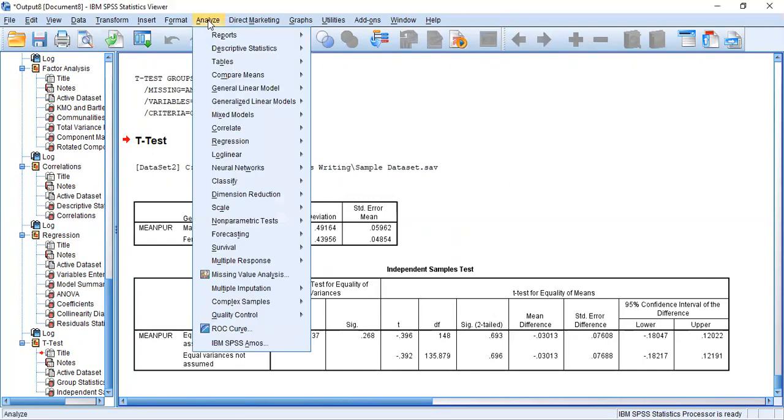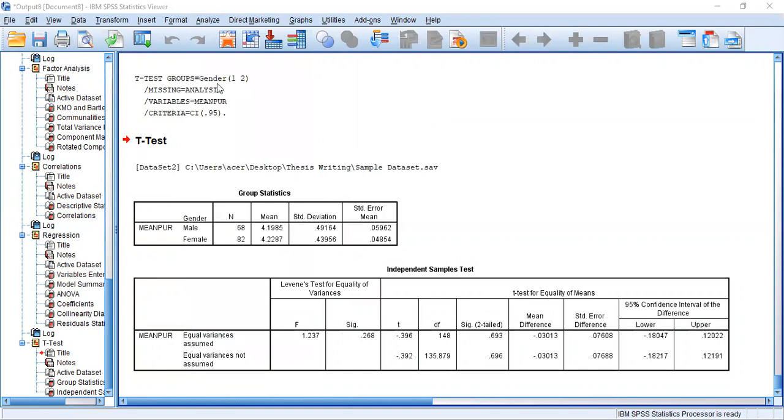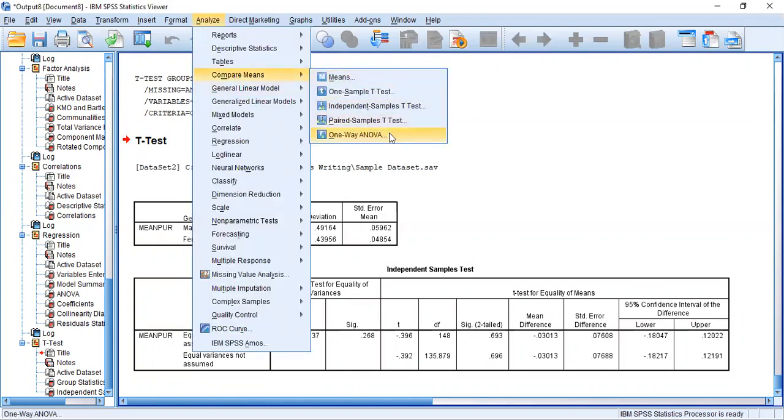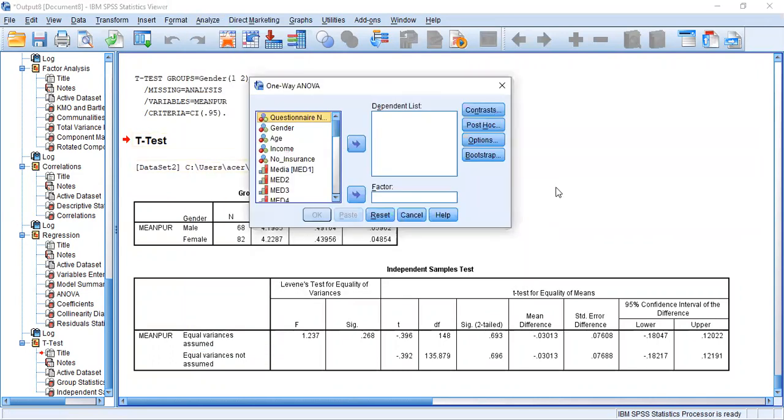Go to Analyze, Compare Means. And at the end, you can see One-Way ANOVA. Just click it. Then select your tested variable, that is your purchase intention in this sample.